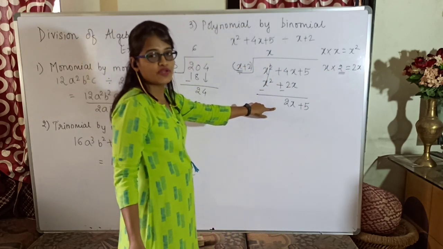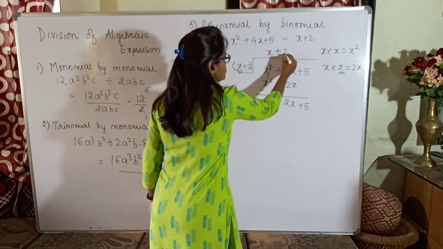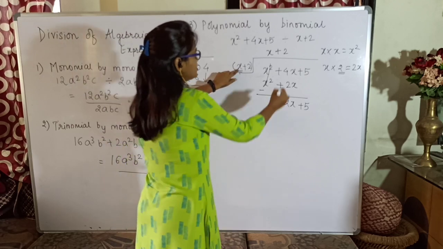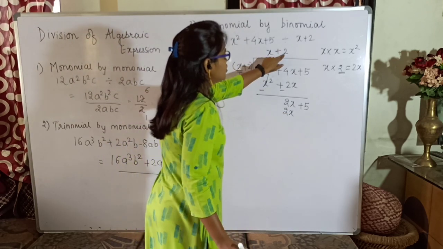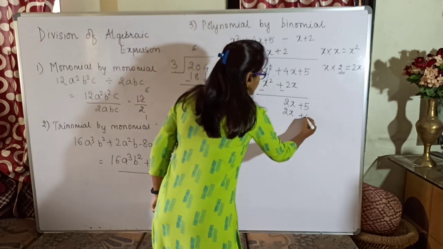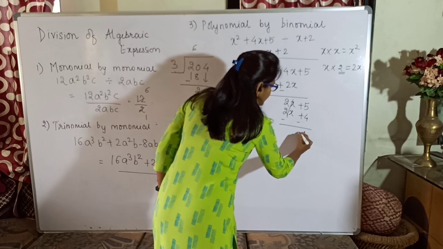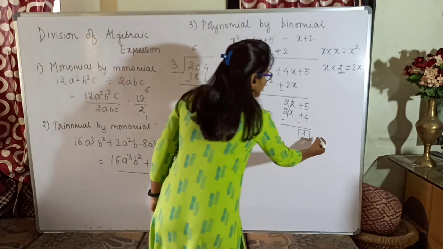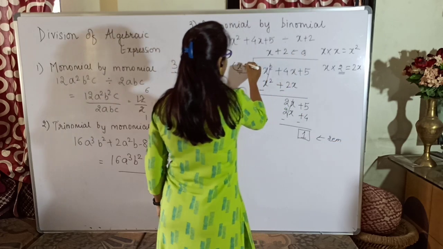Yes, that to be plus 2 or minus 2. I want plus 2. So plus 2. Again it gets multiplied with the whole divisor. So x into 2, 2x plus 2 into plus 2 gives me plus 4. Changing the signs, what is my remainder? My remainder is 1. Okay, so this is my remainder, this is my quotient, this is my divisor, and this